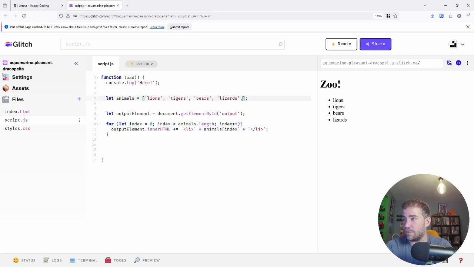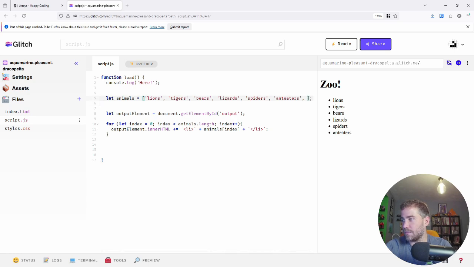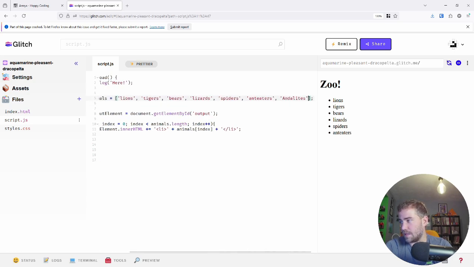If we were in person, I would say, hey, give me some animals. But since you're not, I'll try to come up with some myself. So I don't know, spiders, anteaters, and... oh my goodness, I can't type. Andalites,